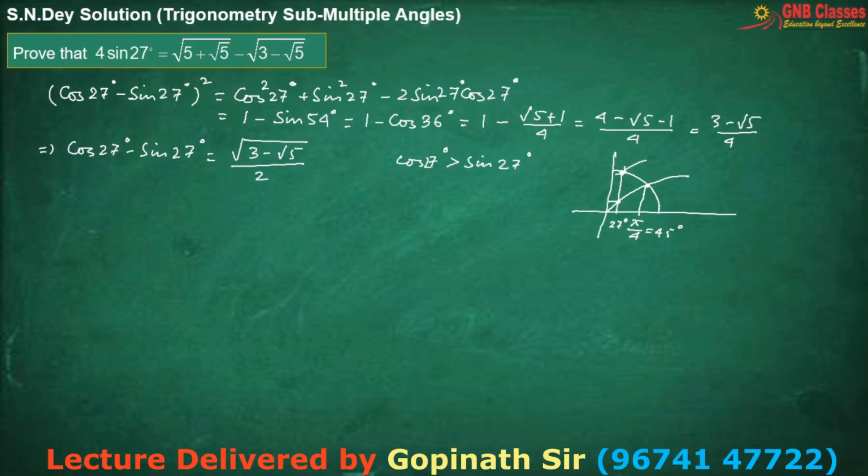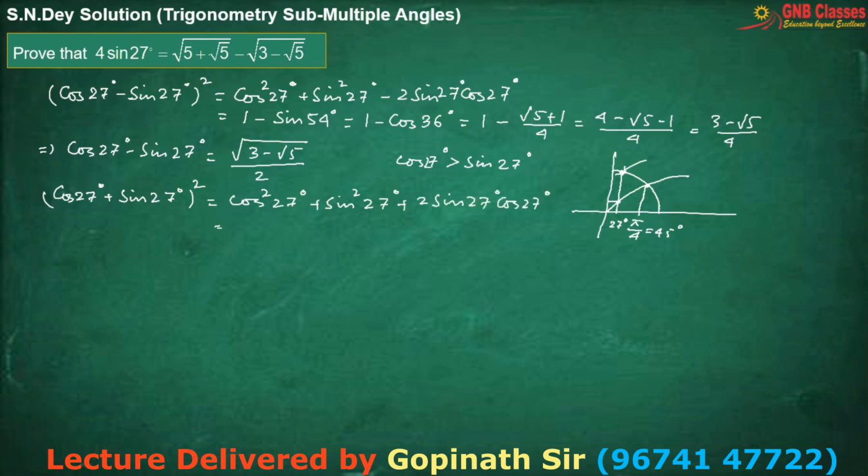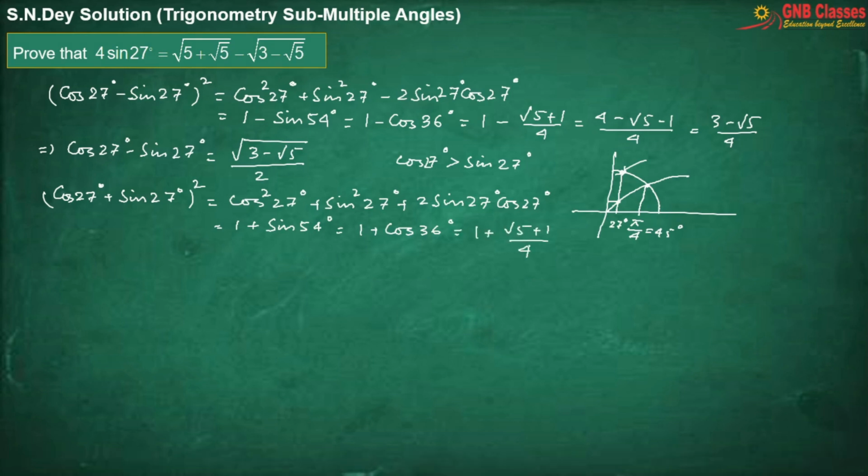Okay. Now, let us find the value of cos 27 degrees plus sin 27 degrees whole square. That gives us, in the same way, which is nothing but 1 plus sin 54 degrees, right? Again, it will be 1 plus cos 36 degrees. So 1 plus root 5 plus 1 divided by 4. After simplification, we are getting